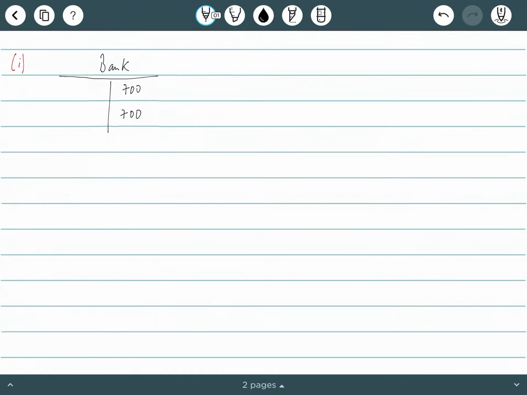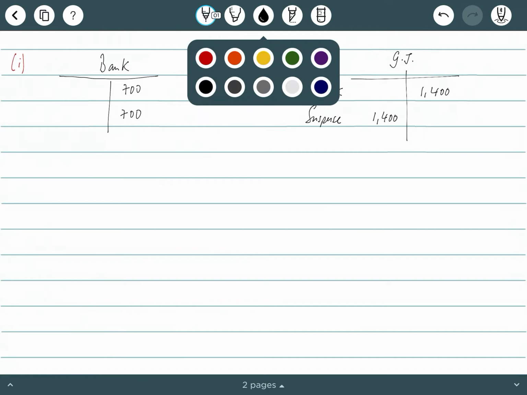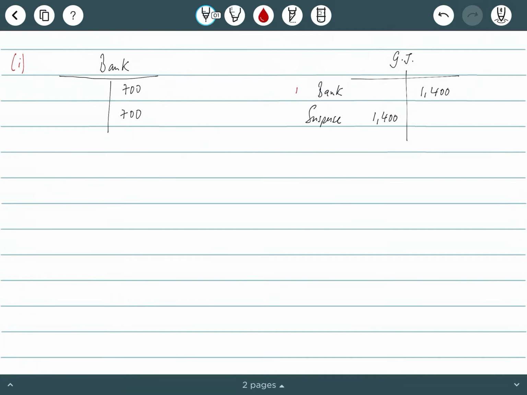Alright, come over to your general journal. Okay, put in bank, 1400. So therefore we have suspense on the debit side, 1400. Where does these go? Well, the bank obviously is going to go into the balance sheet, and suspense will go into a suspense account. Okay, and then we do our one liner down here, say being corrected